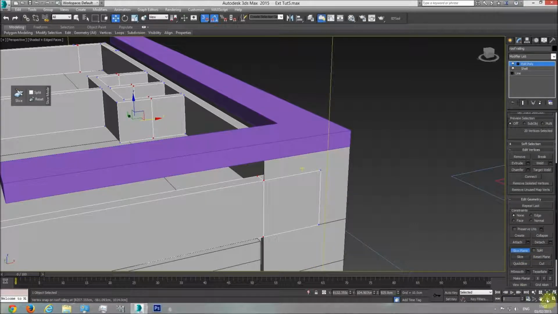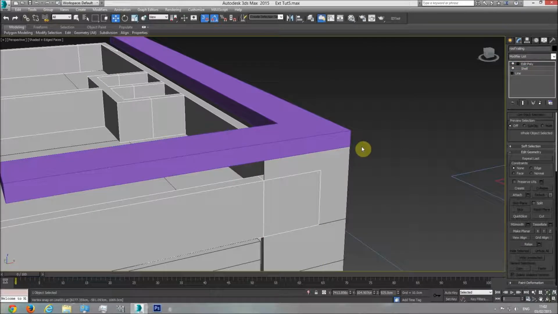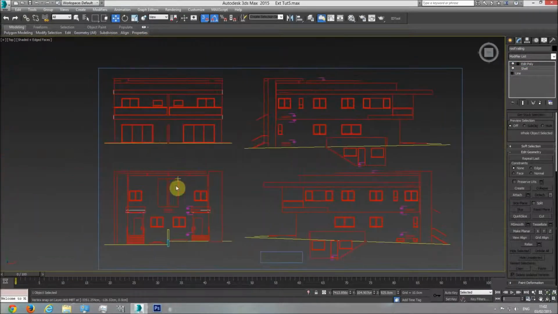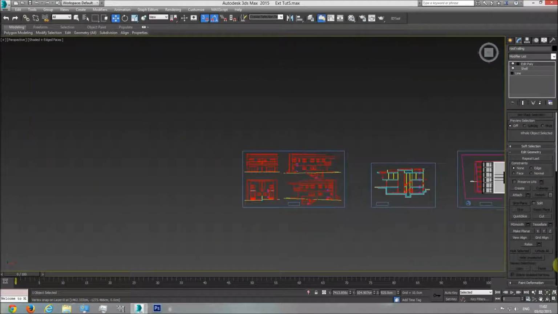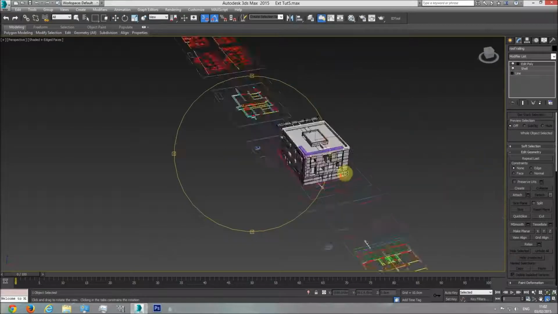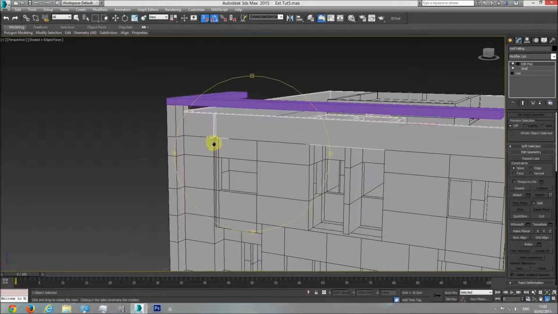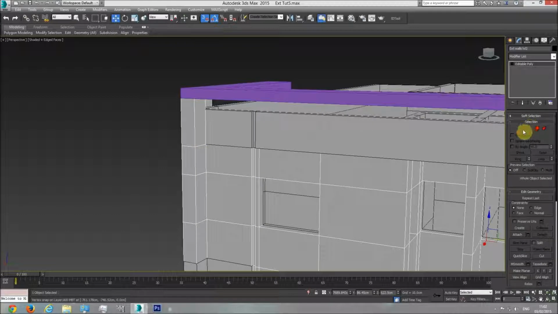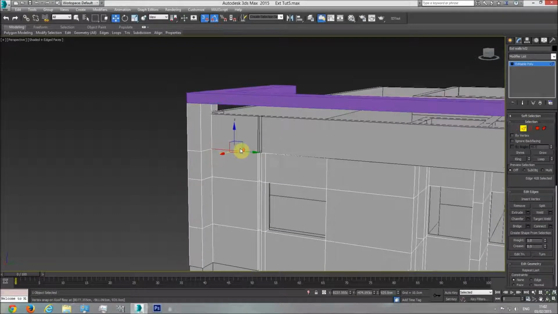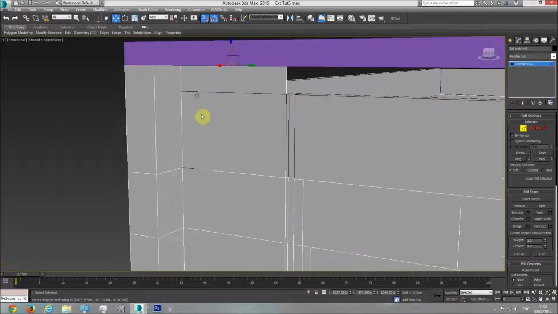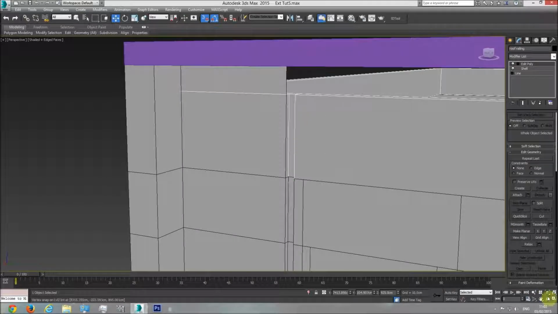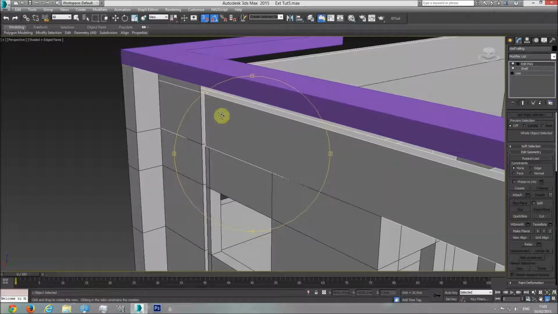Slice. Now next thing I'm going to do is I'm going to check in the plan in the front viewport. Yes, this element goes all the way up in the front also. So if I go to the front view here, I need to also take this edge here up to the element, like so. So we're going to cut this roof and this point here. I'm going to